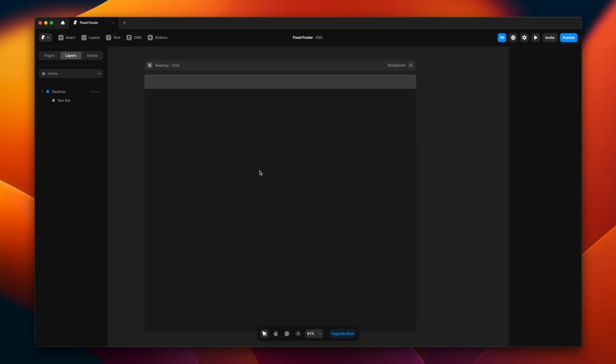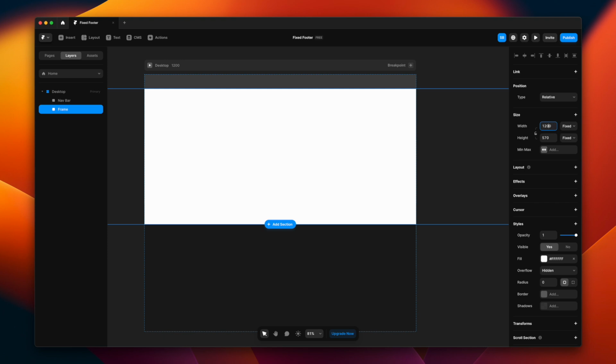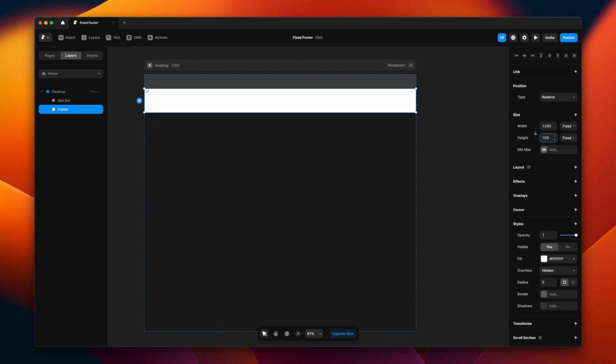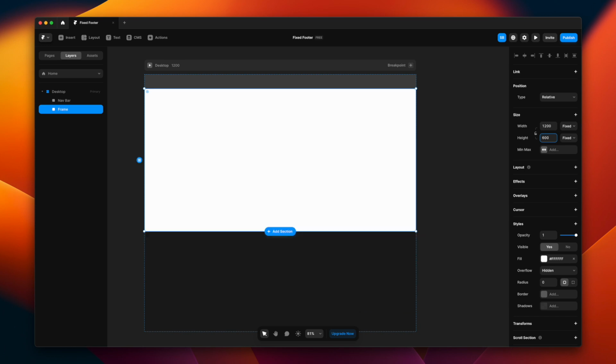And I'm going to press F on my keyboard again and create another frame here. So let's just do that. And this is going to again take up the entire space. I'm going to change this width to 1200 pixels again. Oops, that went to 12,000. Let's just make it 1200. And let's just give it a random height. Maybe not 100, it's too small. Maybe around 900. Or maybe 600 because 900 is a little too long.